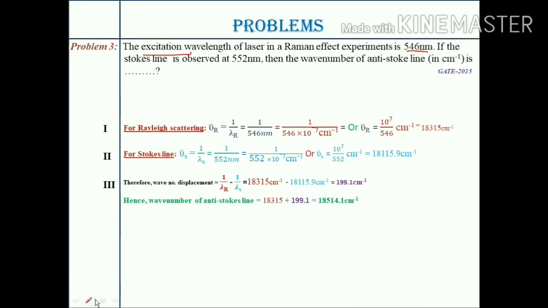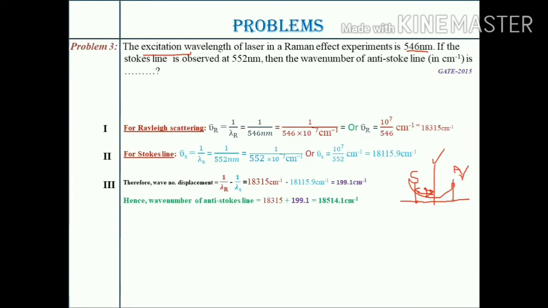Okay, so let me have a picture of these lines. The energy bar and the Rayleigh scattering, the Stokes line, sorry, and the anti-Stokes line. So the anti-Stokes line lies to the right. I know the value of the Rayleigh scattering wave number. Yes, I know this wave number displacement value also, that means the Raman shift. So if I know these two values, I can definitely attain the value for the anti-Stokes line.